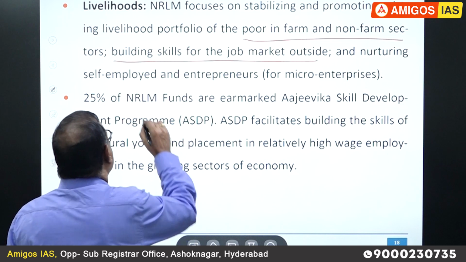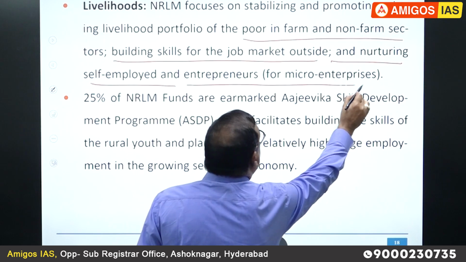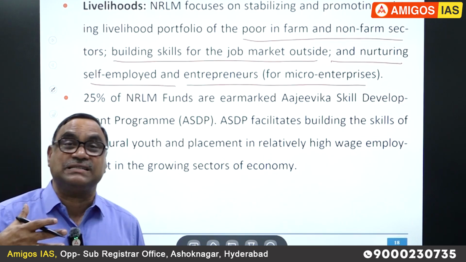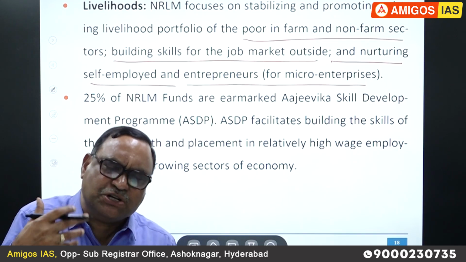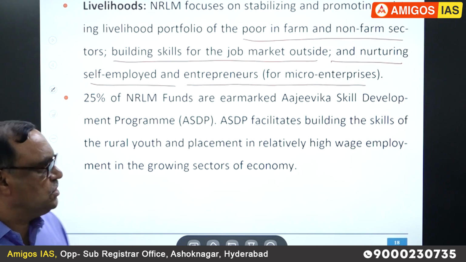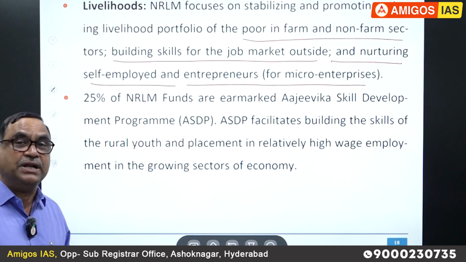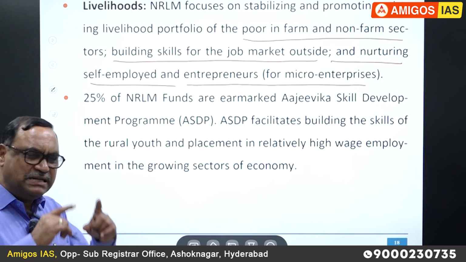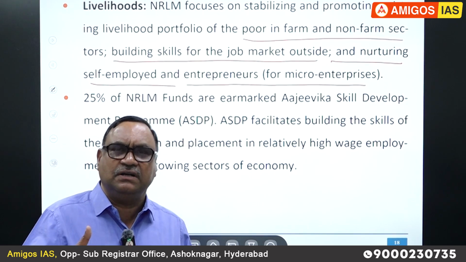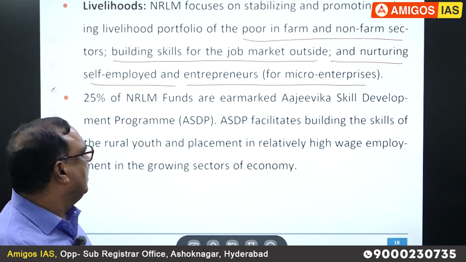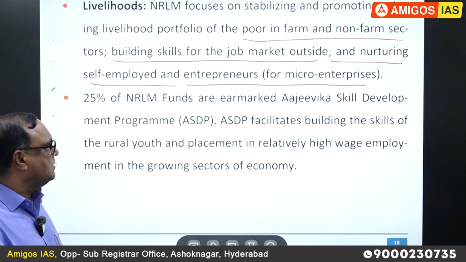Then another one, nurturing self-employed and entrepreneurs. Entrepreneur skills are provided for the rural households so that they can establish their own micro enterprises. So these are the important economic activities that are being initiated as part of NRLM. So these kinds of activities provide an opportunity for the people to have sustainable livelihood. Then another point is that 25% of NRLM funds are earmarked